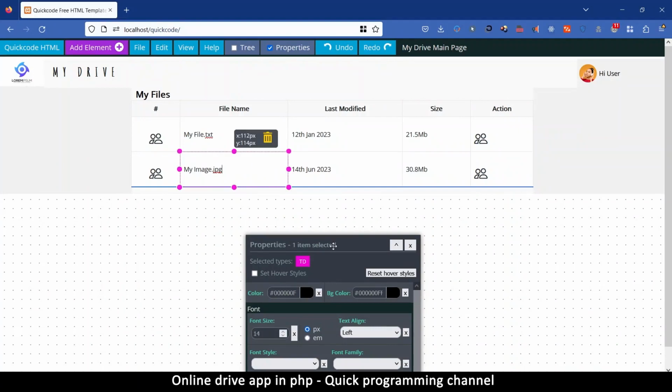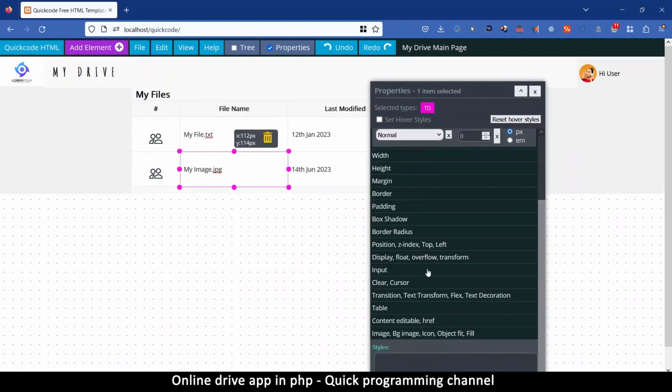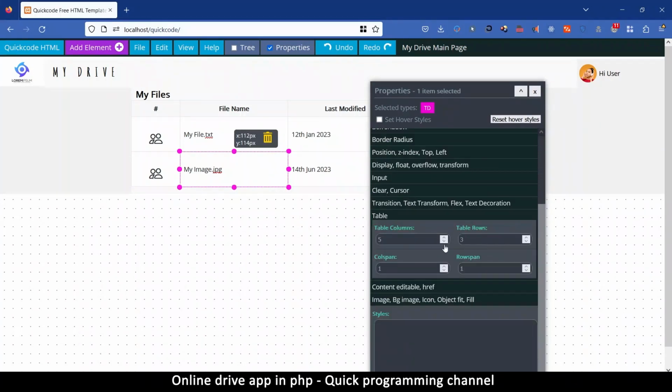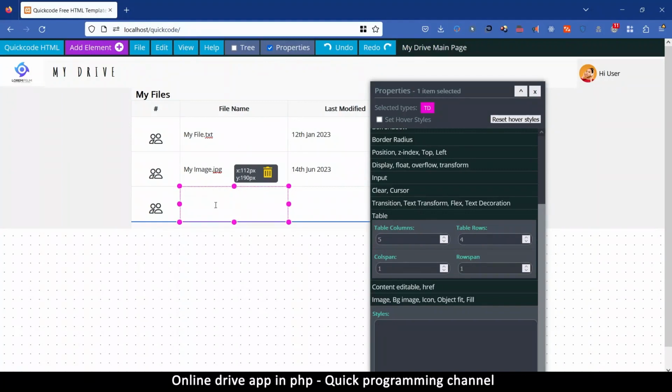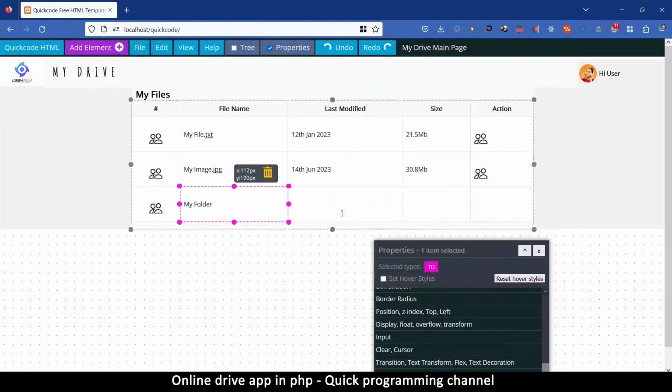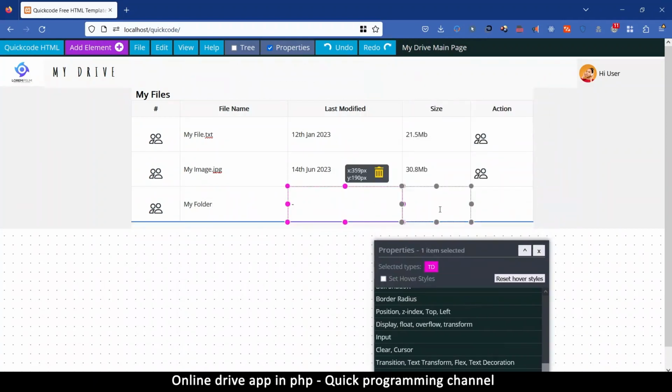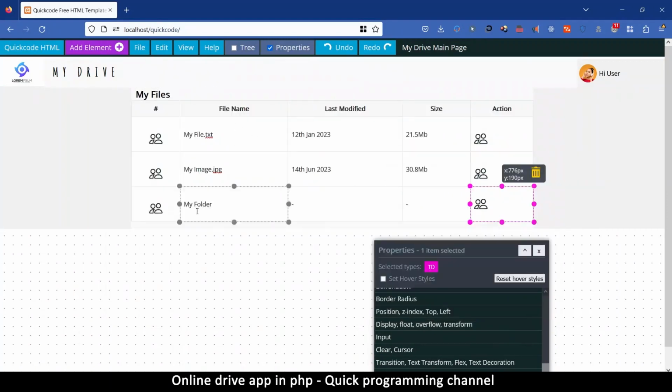And if I select this table and go to where is this table, you see there's rows and columns, right? Here there's five columns, or three rows, 1, 2, 3, including the header. I want to add one more, so I'll click 4 here, and there it is. Now here I want a folder, so I'm going to say my folder. And then here the data will just be a dash. We don't know the size, and there will be actions as well here,